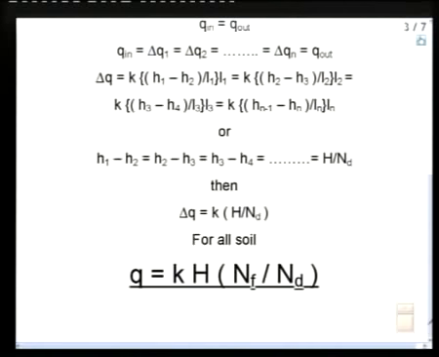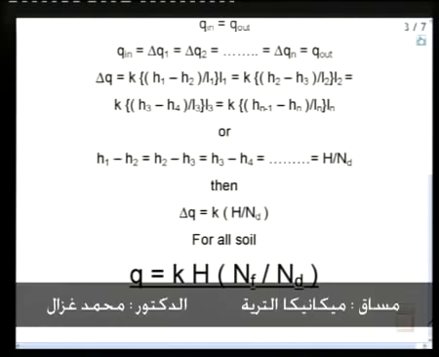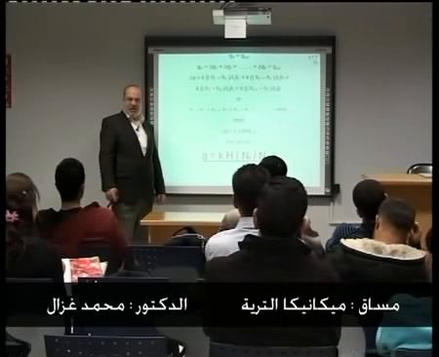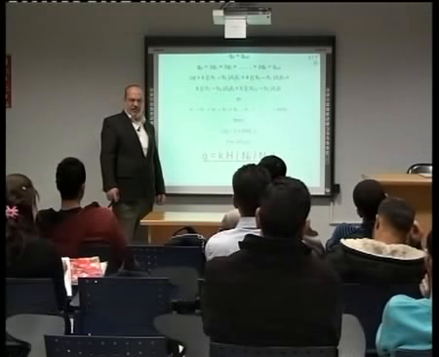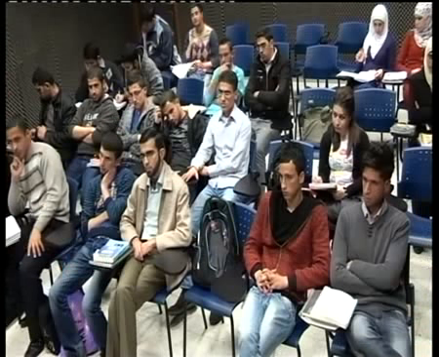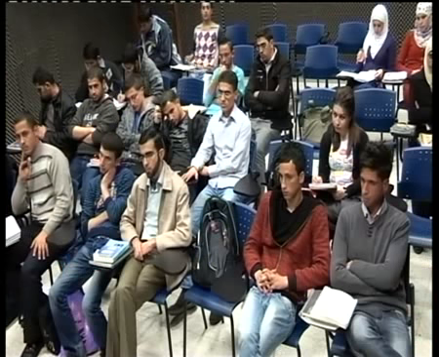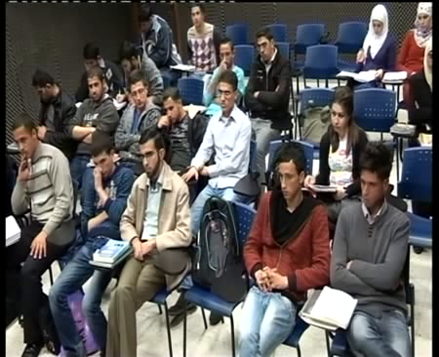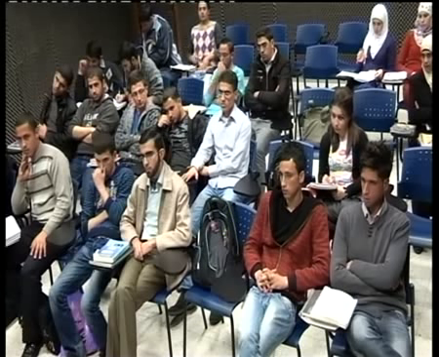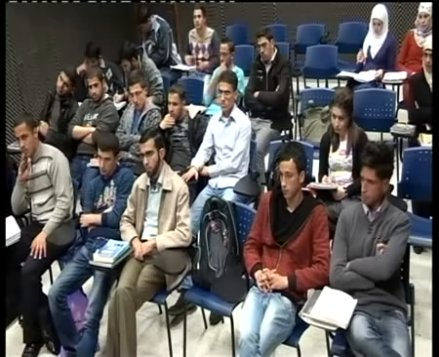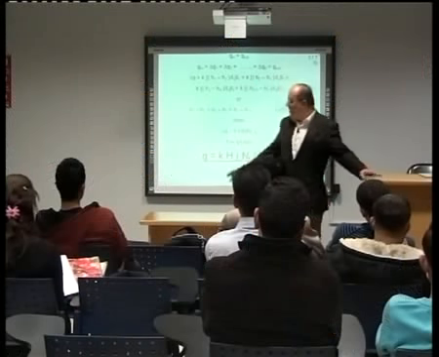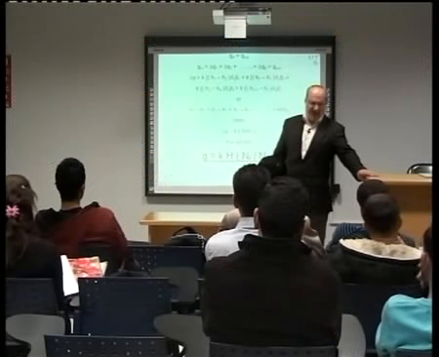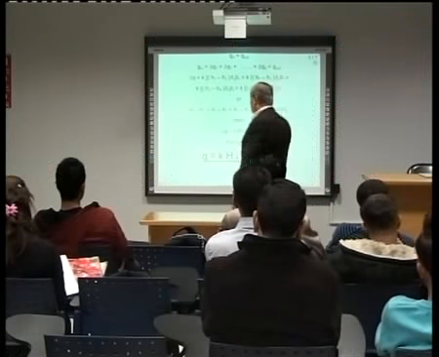And we said that NF over ND is almost the same always. This ratio is almost the same. If you took 5 flow lines, if you took 10 flow lines, still the same ratio will continue to be. So we can use this equation. That's number 2. Okay. Now number 3,